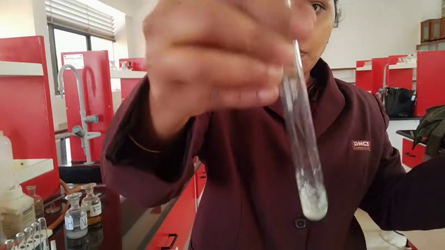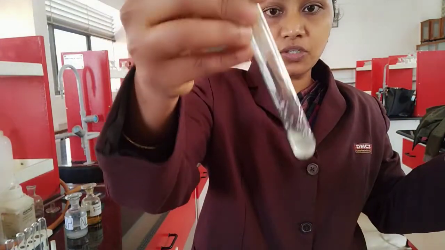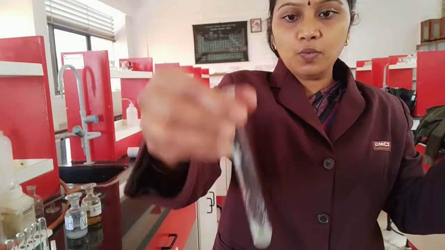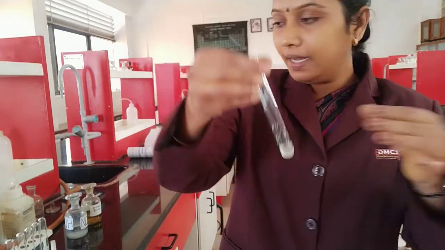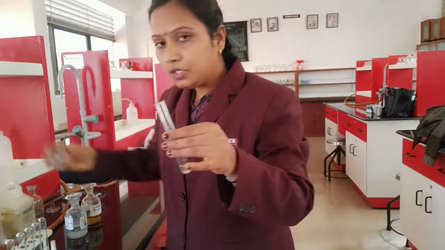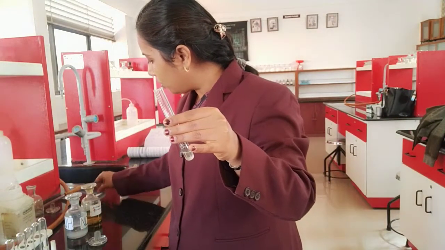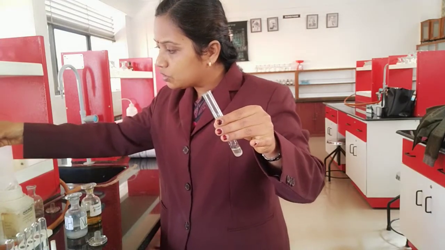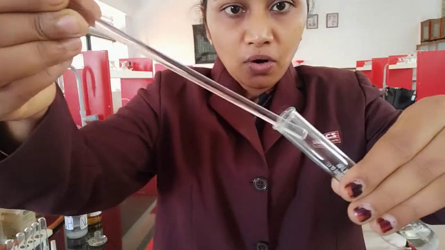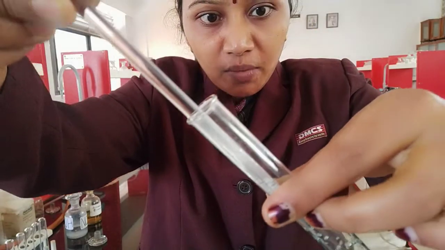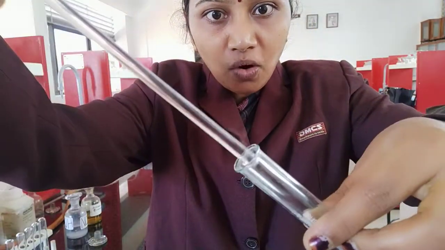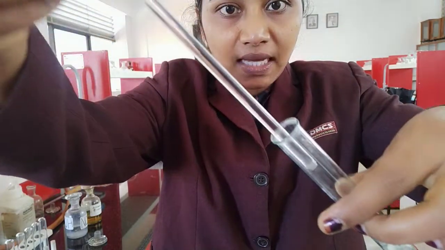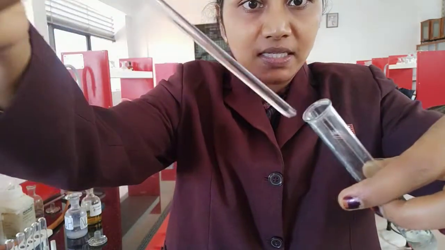Now I just want to go with my first salt, which is nothing but chloride. So to test whether my salt is a chloride, what should I do? I need to take a glass rod which is dipped in ammonium hydroxide. So when I bring a glass rod which is dipped in ammonium hydroxide, I think you all can see the evolution of white gas. This confirms that chloride may be present.